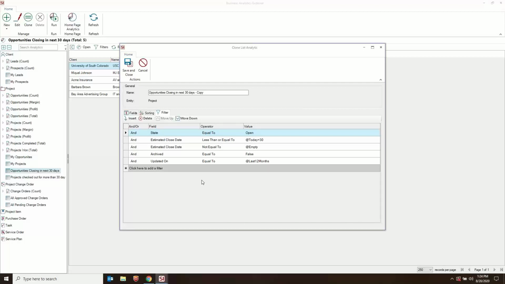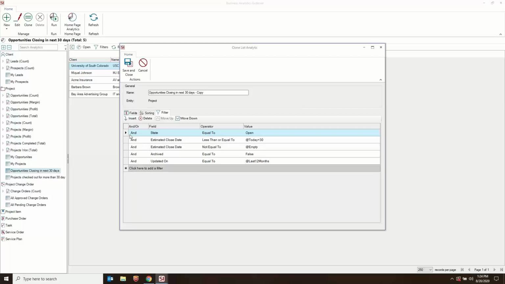Back when these were called dashboards, we had very limited filters you could pick and choose from. What we did here is we added queries. And up until this point in SI, you've only been able to query our catalog. It's the only place we had the functions, the Product Explorer, where you could run queries. Now you can run queries across projects, change orders, purchase orders, all of the entities inside of SI, and they